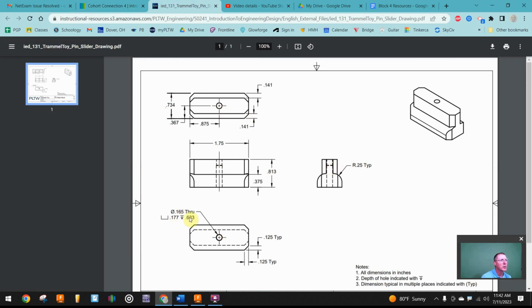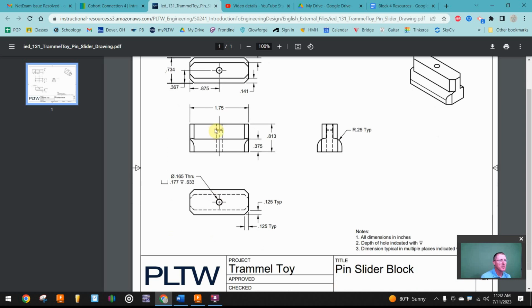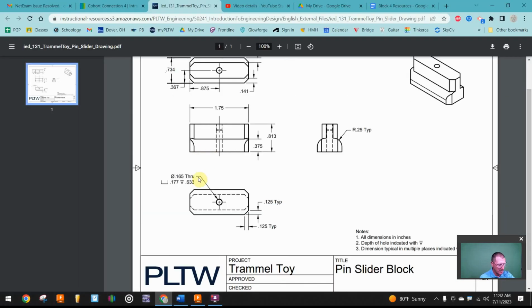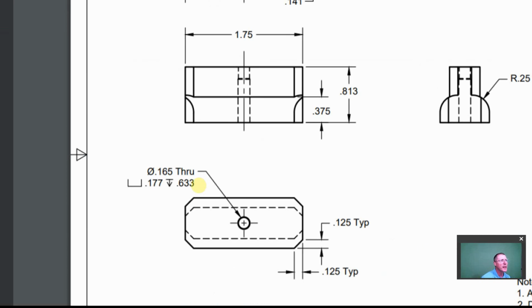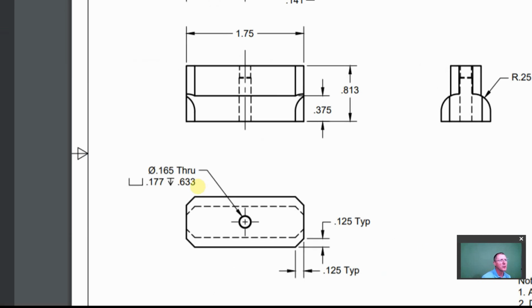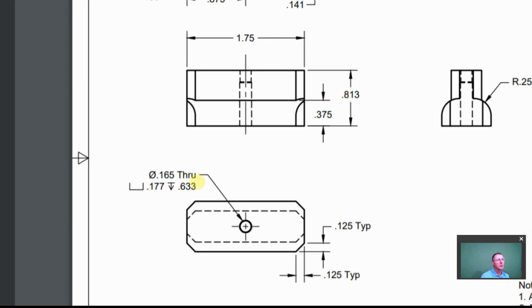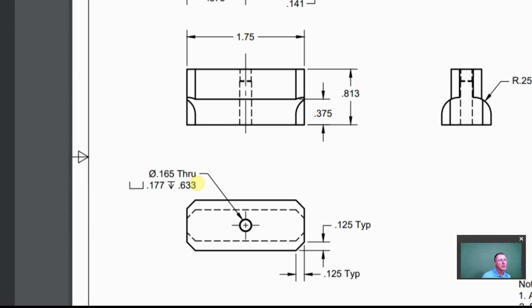We see that hole is actually dimensioned from the bottom, and at first glance it might look like just a simple hole, but what we actually have is a counterbore hole drilled from the bottom side. So that's 165 thousandths through, 177 thousandths. That is the diameter of the counterbore, and 633 thousandths would be the depth of the counterbore. Okay, so